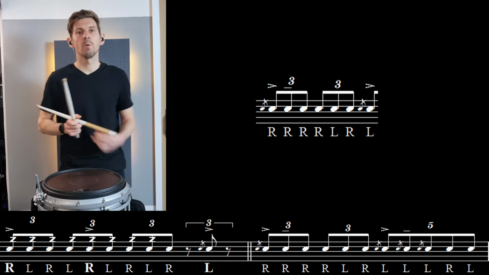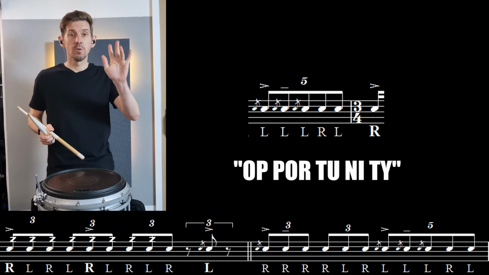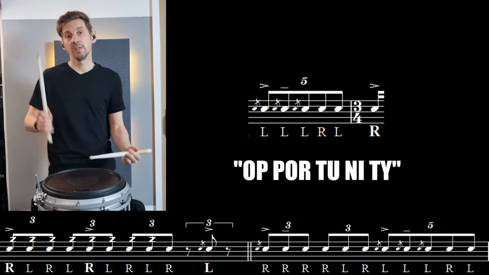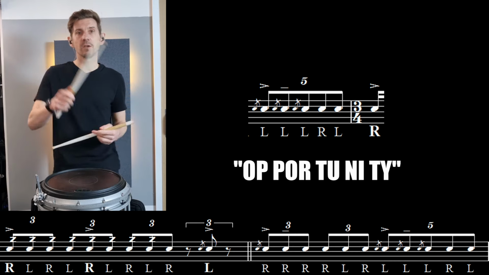Now, next up, you can see what we've got is we've got quintuplet. We've got 5 notes. When I do 5s, I always teach the word opportunity. So we're going to get this. Opportunity, stop. Opportunity, stop, which is 1, 2, 3, 4, 5, stop. Opportunity, stop. Now, you can see it starts with